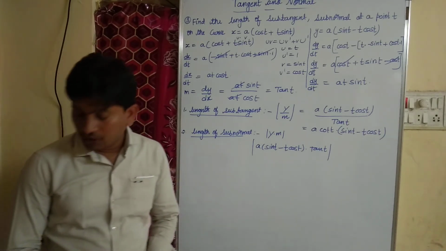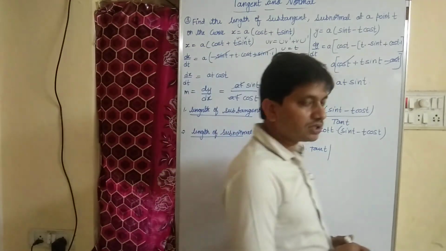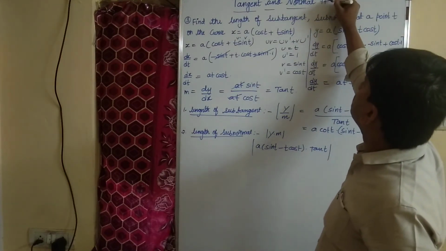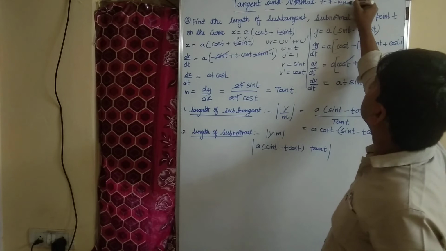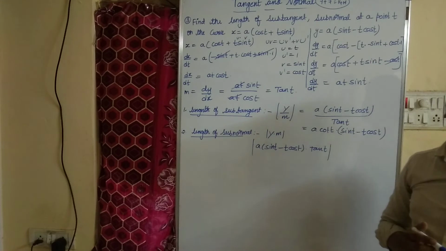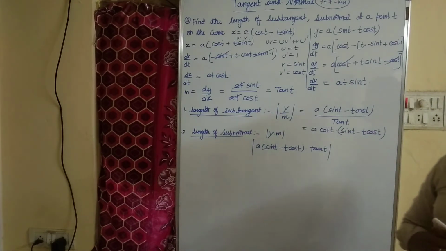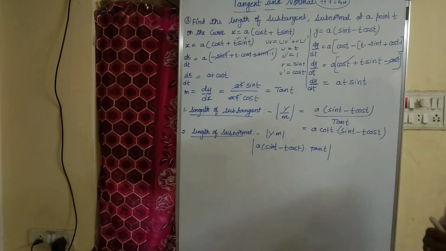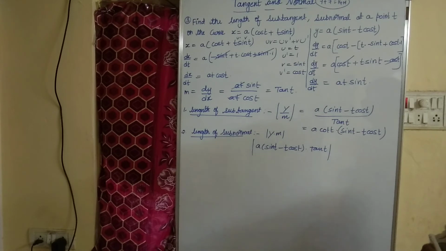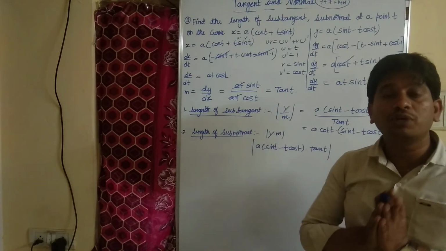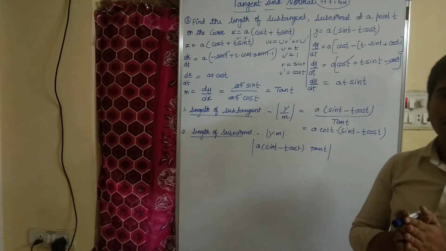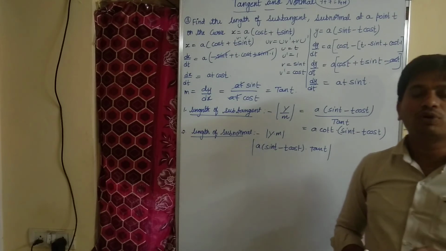Okay children. So these are the methods of problems. Actually, length of tangent and normal carries two 7-mark questions, 7 plus 7, totally 14 marks. As we have discussed in this video, only one 7-mark question, one method of question we discussed, and continuing from this video, we will discuss one more 7-mark question in the next video children. Okay? So these are the most important questions in length of tangent and normal. So children, if you practice, you will easily get the 7-mark question.